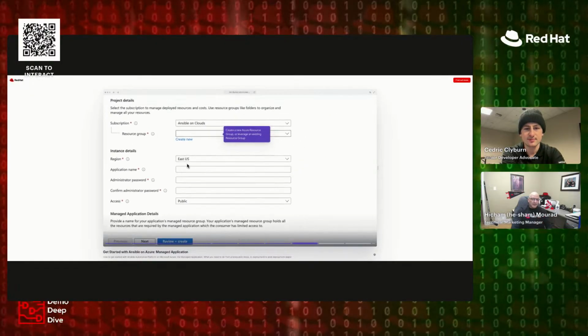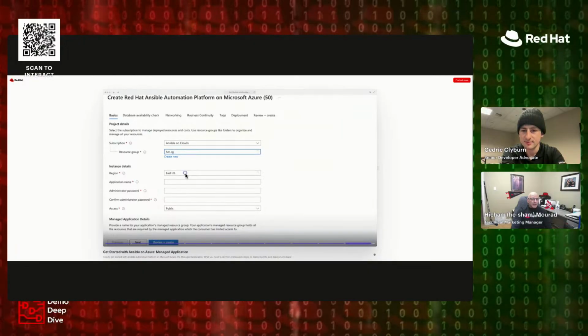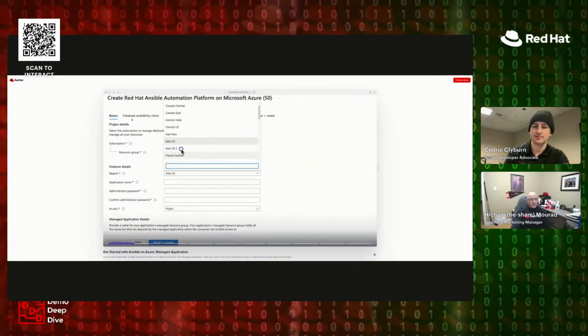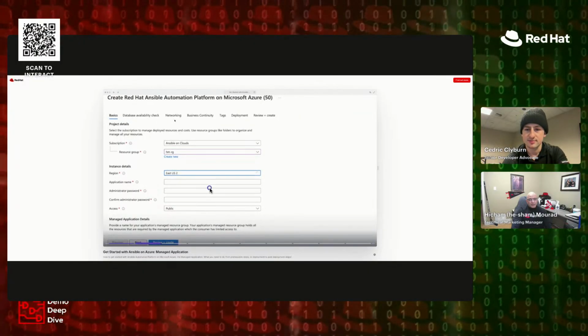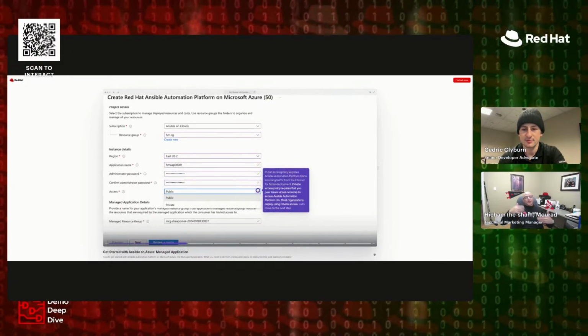So here we're just going to select one of these sizes. We'll select a small one. And then there's some prerequisite steps. So at the very top here, there's about like 6 or 7 steps you can see. And we're just going to walk through each of those. The first